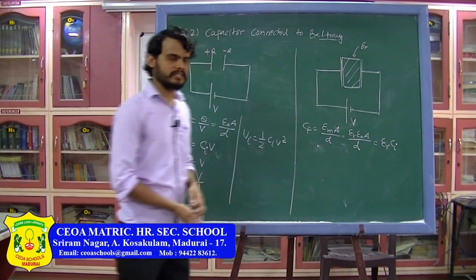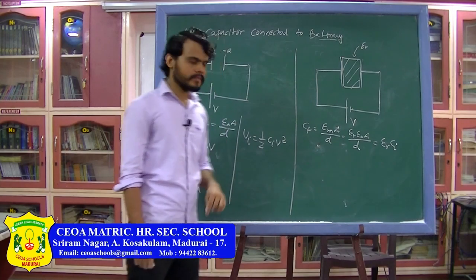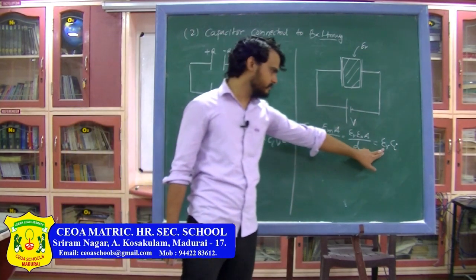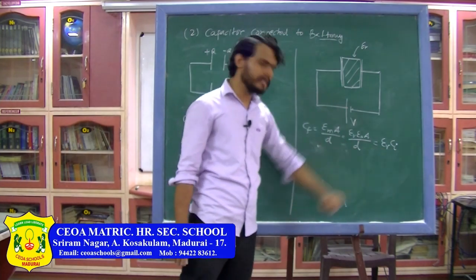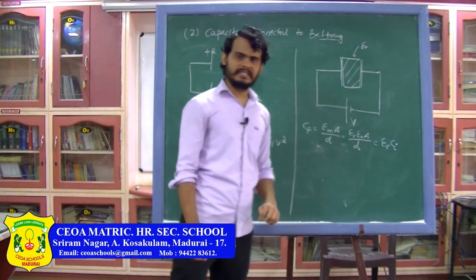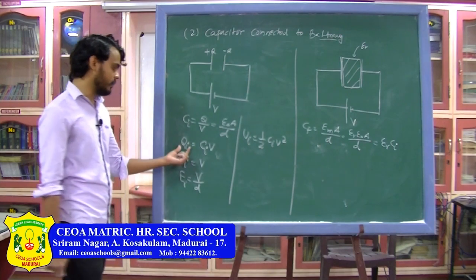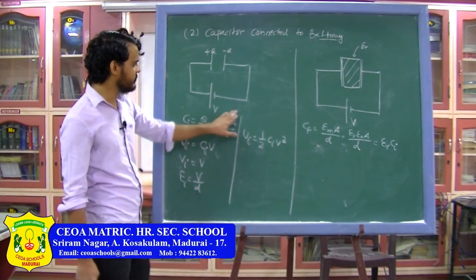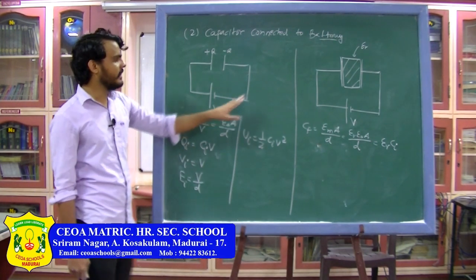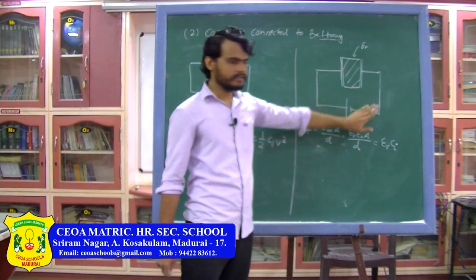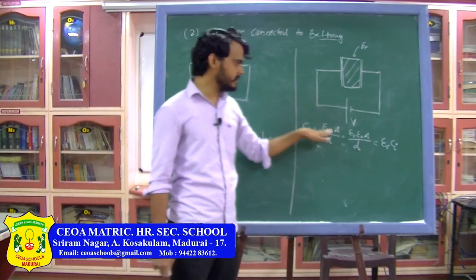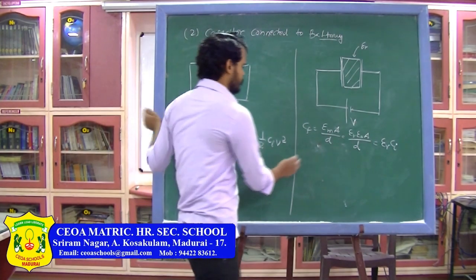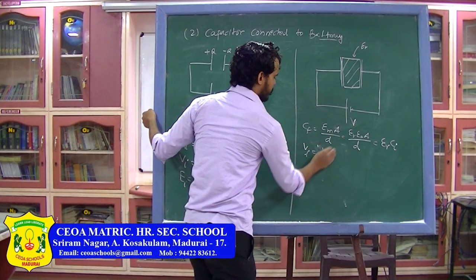So here you can see again capacitance is increasing. Initial capacitance is epsilon naught A by D, final capacitance is epsilon r times C initial, and epsilon r is greater than 1. So capacitance has increased. Next let's talk about the potential between the capacitor plates. Initially the potential difference between the capacitor plates is V, and this capacitor is connected to the battery. So the potential is not going to change. Here the initial potential was V, the final potential will also be V.